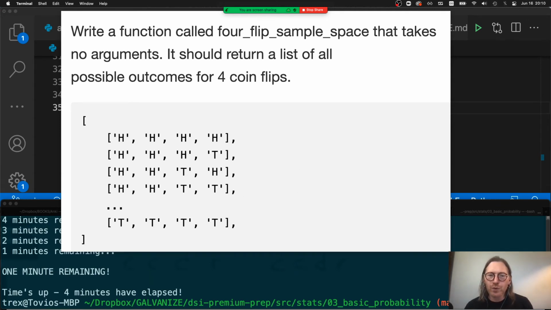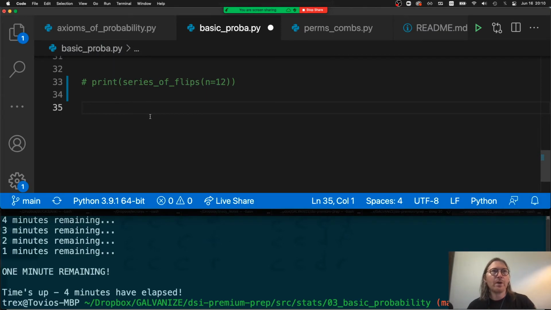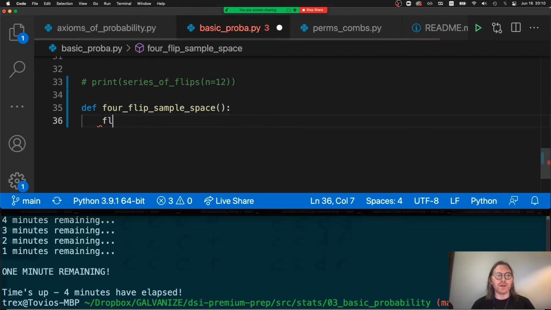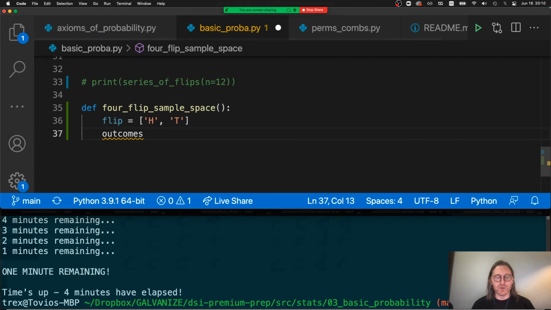Okay, so a number of you got the solutions on that, and those all look good. So let me just write a quick solution, and I'll talk through it as I go. This is called flip sample space, and a single flip is going to be a heads or a tails in this scheme,